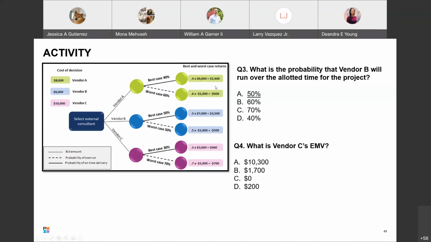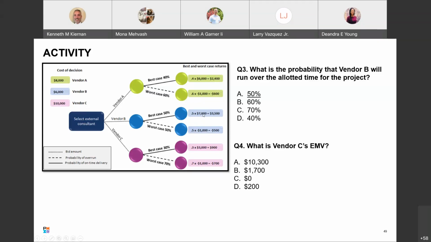You still with me, Mona? Yep. Okay. So down here for vendor B, best case, P times I, 3,500. Worst case, P times I is minus 500. Net EMV, $3,000. Everyone with me? Again, it doesn't matter why it's 50%.